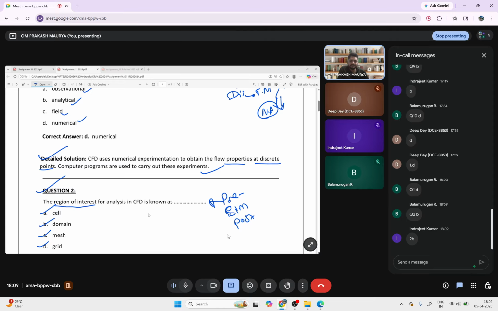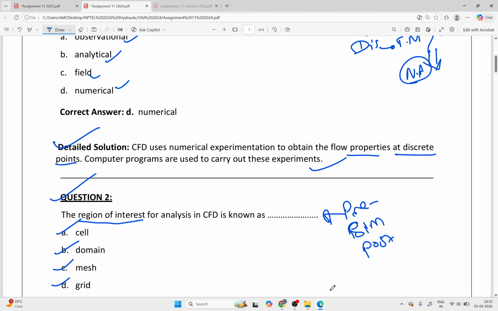I'll wait 1 minute. Just recall whatever we have solved, the 10 questions from 2025. I have explained many things, so that will help you in this assignment 2024. So just recall what I have explained. I think I have explained already about this. Again, I'll explain here. Okay, so let me explain and try to recall.